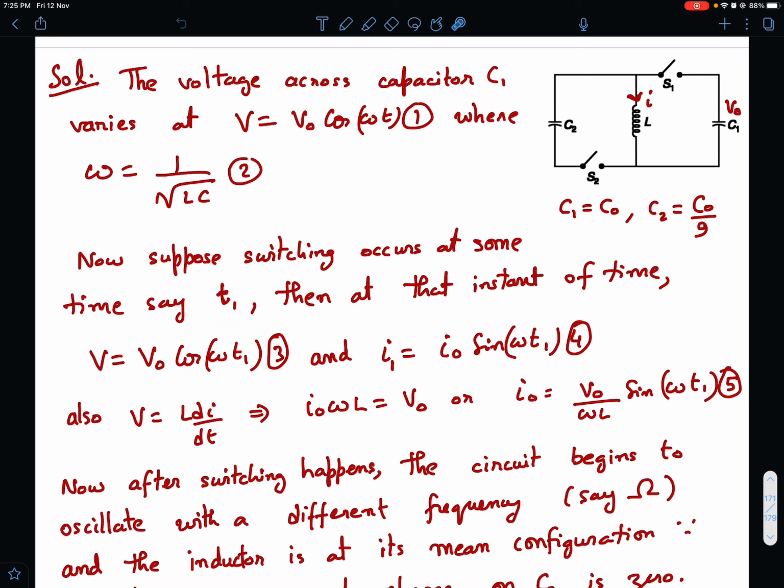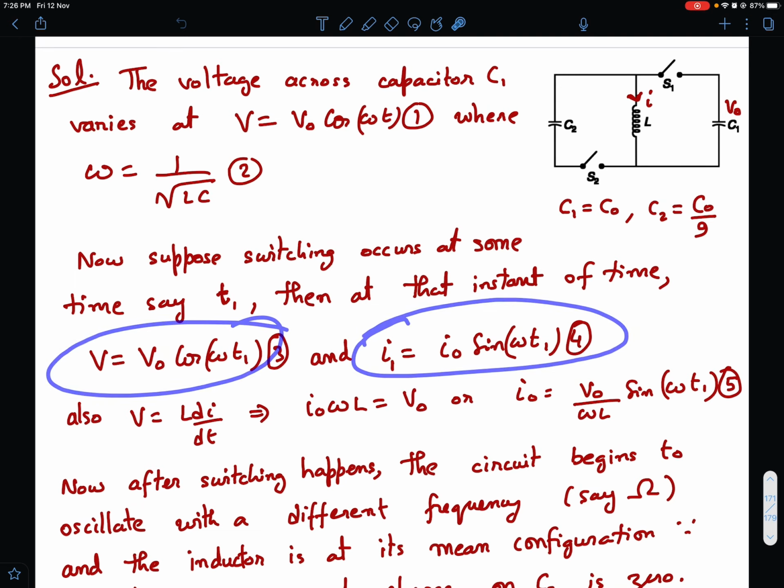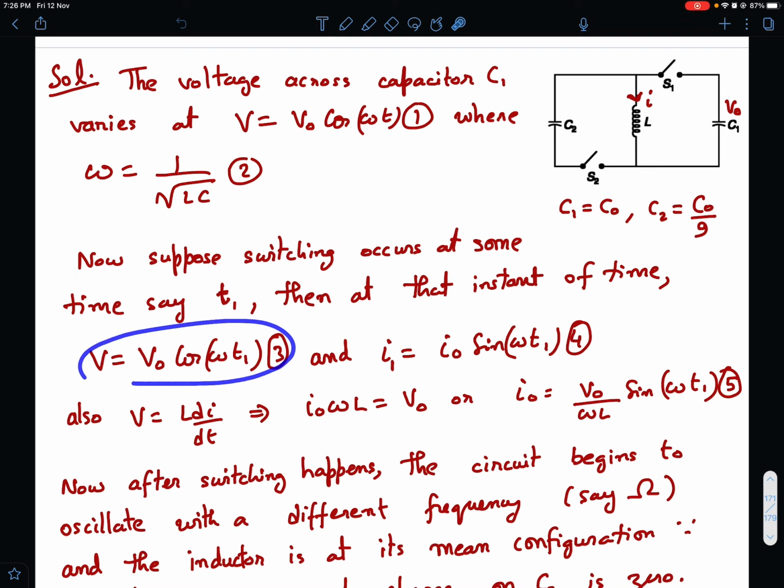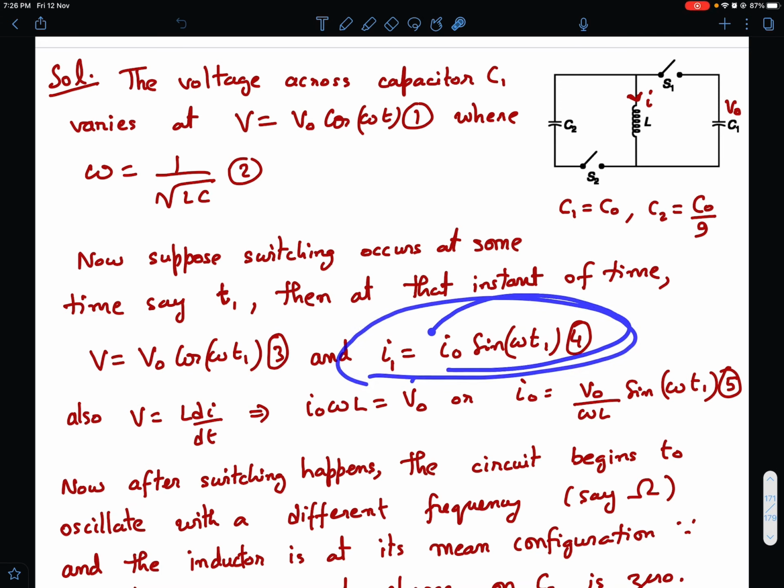As I explained, this is discharging, and at time t1 the potential difference across this will be V naught cos omega t1, and the current through this will be what? So if the potential difference is, now this is your L di by dt, right? This potential difference across the capacitor is same as the potential difference across the inductor, which is also L di by dt. So that means what? If this is in cosine, then I must be in the sines, right? Because integration of this L di by dt, if you equate with it, then I will have to come by integration of this, right? So I will be some function like I naught sine of omega t1, right?